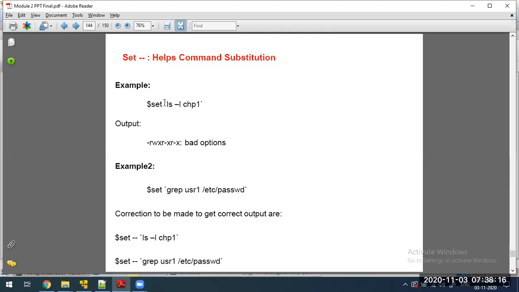See this set command followed by an option. Here you can write commands themselves. Even if you write commands, the command output will be assigned to the positional parameters. But there is a problem with this set command.